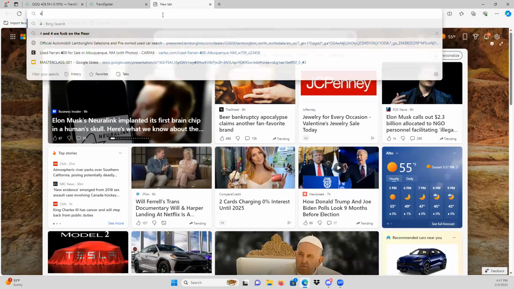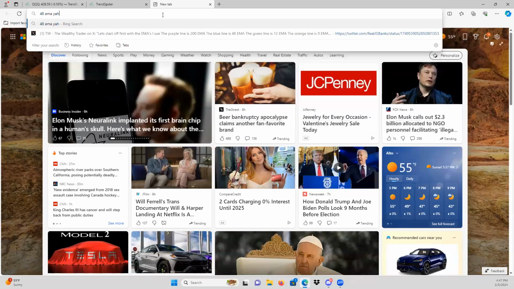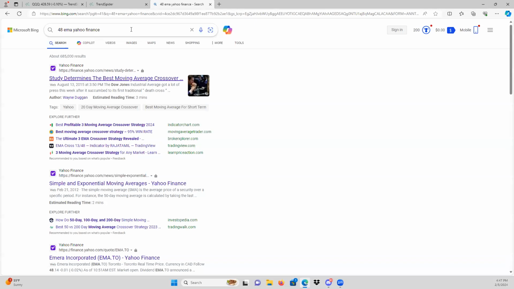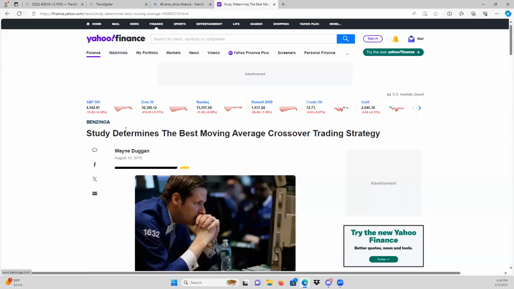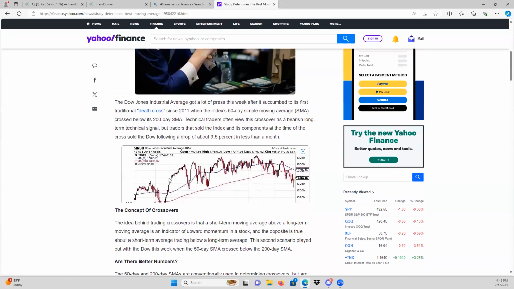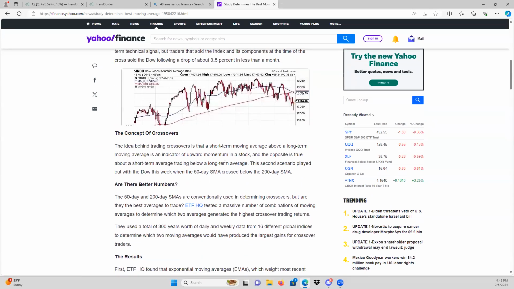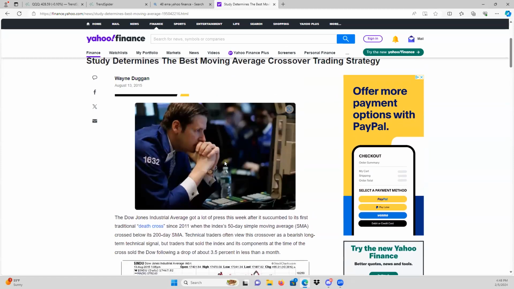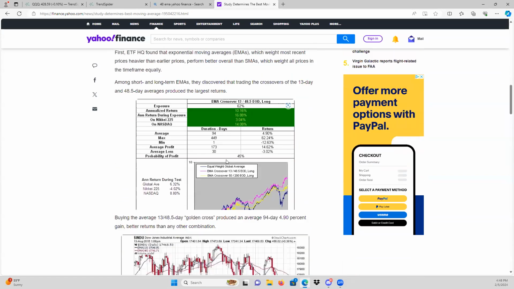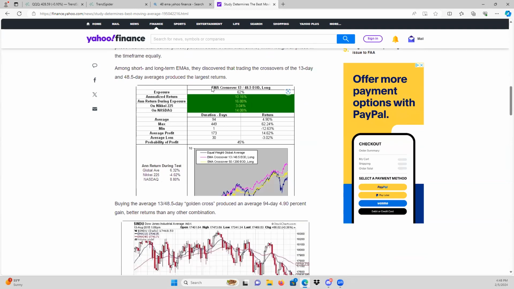Let me show you guys this 48 EMA Yahoo Finance. Just to show my age. August 13th, 2015, right? Why do I use the 48 EMA? Well, back in 2015, I read this article. This article showed me, right? They had a couple, the best moving average crossover strategy, right? And what it showed is EMA crossover 13/48, right?